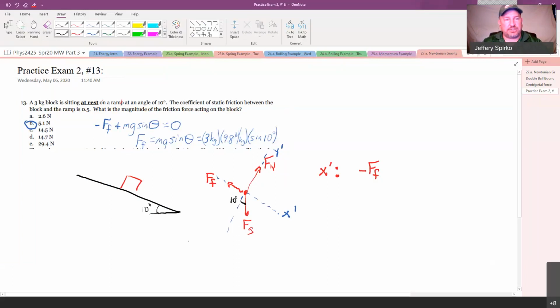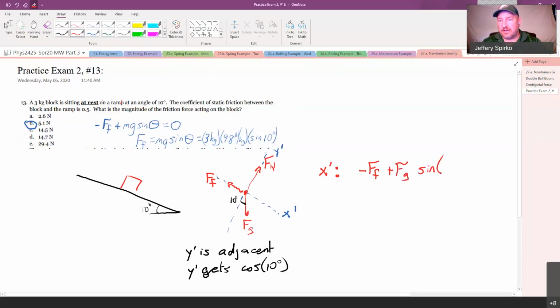And that should tell us that y prime is adjacent and y prime gets the cosine of 10 degrees. We're doing the x prime direction, so this is going to be the force of gravity times the sine of 10 degrees. And is the object moving? No, so the acceleration is 0. So that is why the force of friction is mg sine